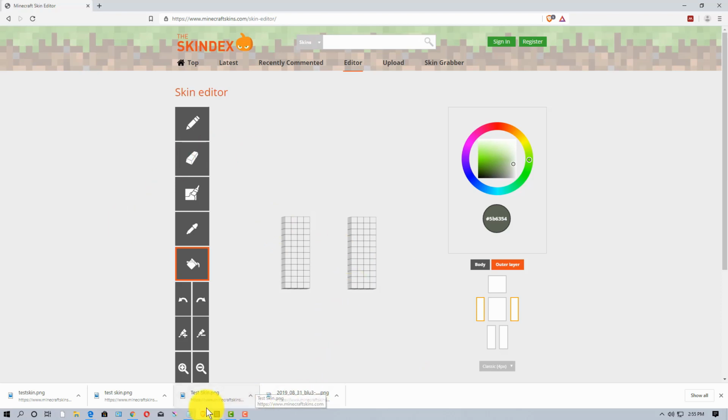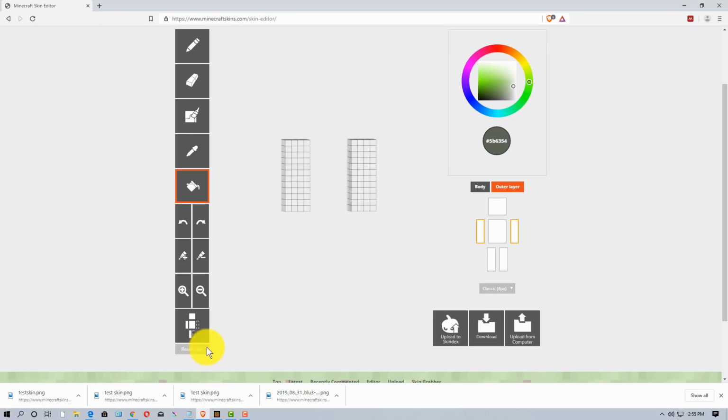So the first thing we're going to do is scroll down a little on the page, and we're going to highlight this at the bottom here, which is the mirror tool. That will make it easier because it will do whatever we do on one arm on the other, so it saves time and it makes sure that we have everything even. Like if we're going to pick a sleeve length,